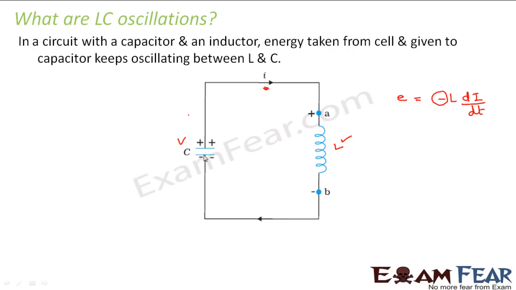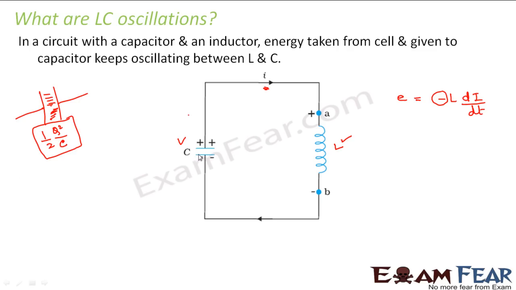So when the energy was stored in the capacitor, how was it stored? As we discussed in our lesson on capacitance, you remember, right? Between the plates of the capacitor, the energy is stored in the form of electric field energy. And what is that energy? That energy is nothing but half Q square by C. So this is the energy stored by the capacitor, where Q is the charge on the capacitor and C is the capacitance.